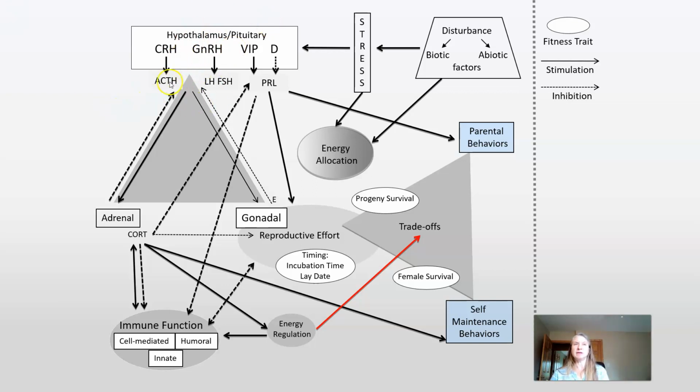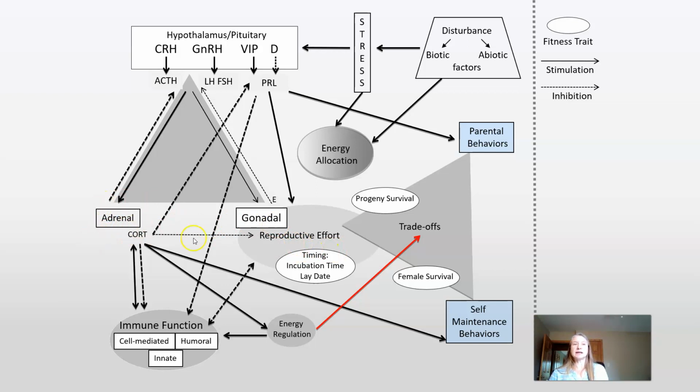But one of them that they talked about is adrenocorticotropic hormone that would act on the adrenal gland. If you have a lot of this hormone, it's telling you, hey, you're stressed out, create more corticosterone, go forage, go do things. And maybe don't spend as much time doing reproduction. Your HPG axis over here, so the hypothalamus, pituitary, and gonadal. And again, your hormones like LH and FSH acting on your gonad. Here I was focusing on females, so estrogen could be produced, and you would have your reproductive effort.